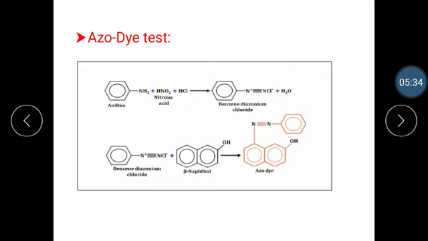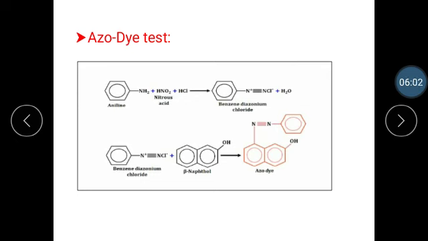Take small quantities of organic compound and sodium nitrite, beta-naphthol in test tubes A, B and C respectively. Using a dropper, add a small quantity of dilute HCl in test tube A. Shake the test tube well to dissolve the compound in dilute HCl. Now add a small quantity of distilled water in test tube B, that is in sodium nitrite.